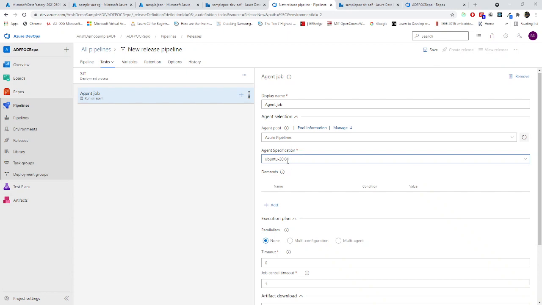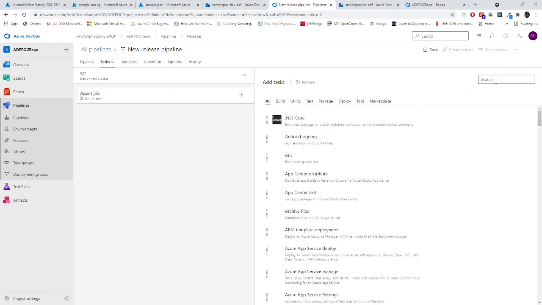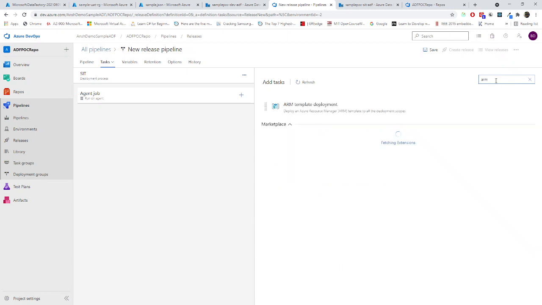Okay, so Ubuntu I have already chosen. Right now all the things look good. Artifacts will be downloaded from our alias path. Now here I should choose ARM template deployment. Okay, right, I'm choosing those things.